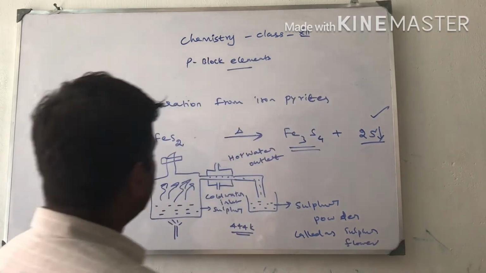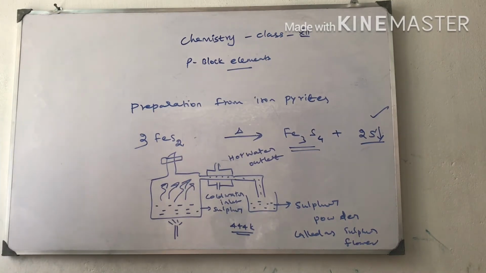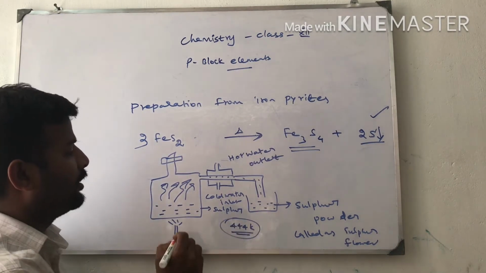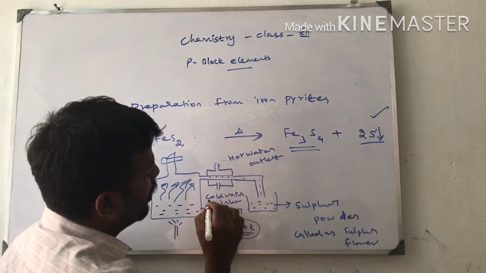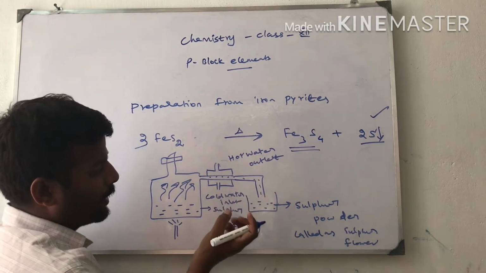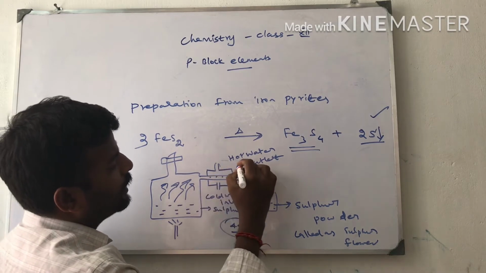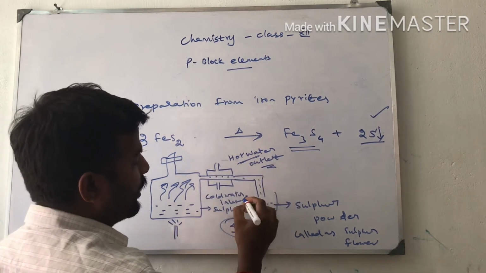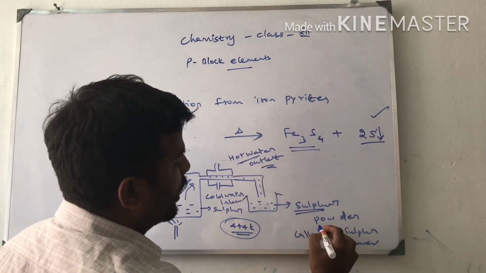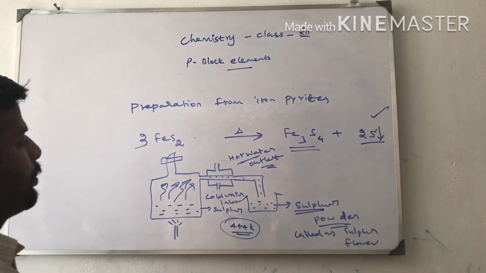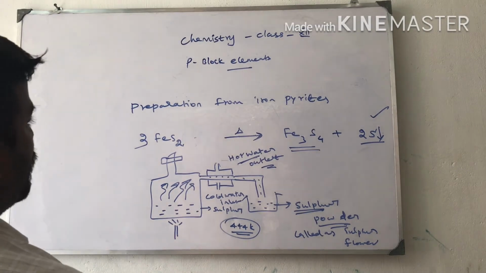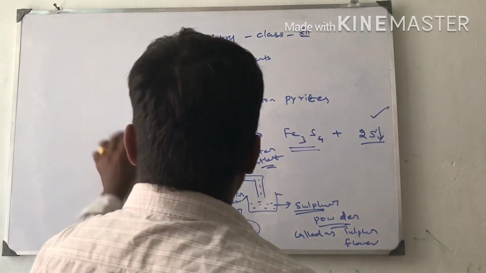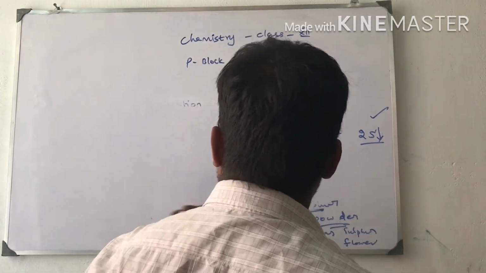So when you heat the sulfur at 444 Kelvin, vapors come out, the vapors are suddenly condensed by the cold water inlet, heat from the sulfur is absorbed by the hot water outlet, and finally you get the sulfur powder. This is one method of preparing the sulfur flower. This is also one important method of preparing sulfur from its impurities.